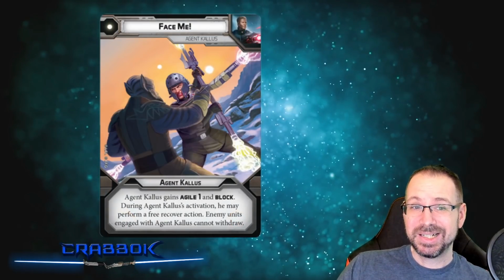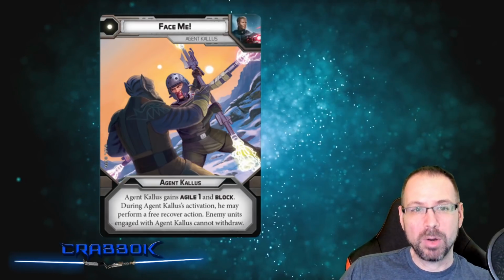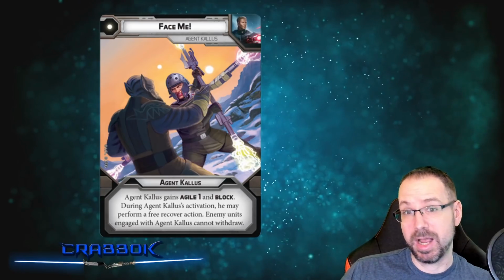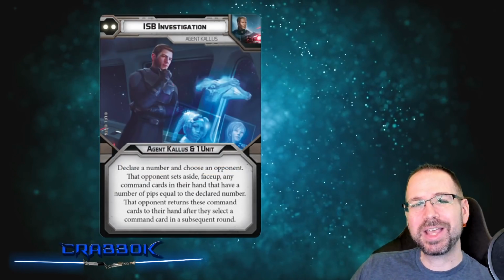Otherwise, you might want to think twice about playing this card, or at least using this as a strategy to try to tie up a Jedi, because you're not going to tie him up for very long. We do get a look at his 2-pip,